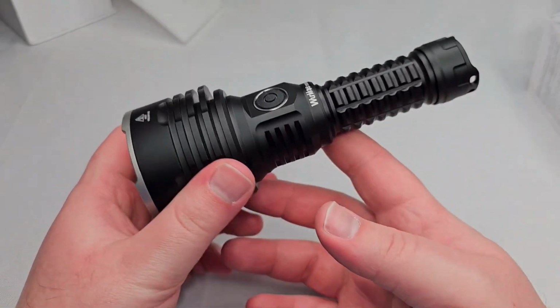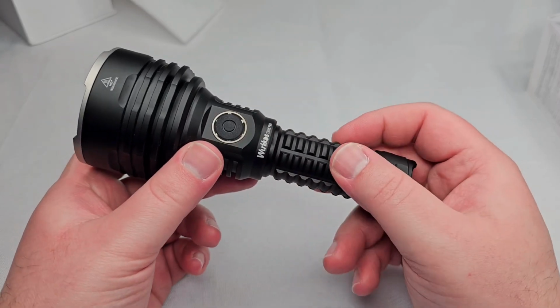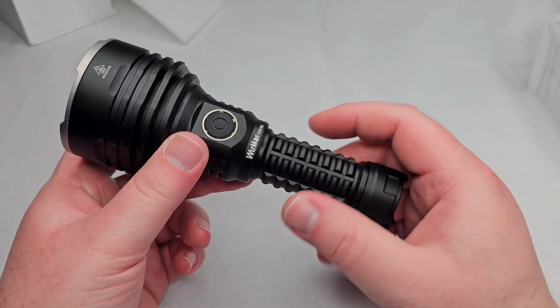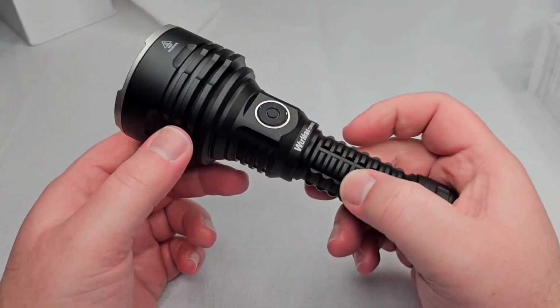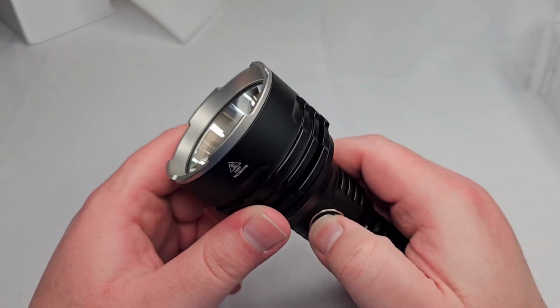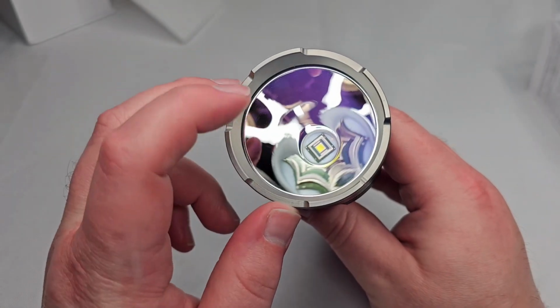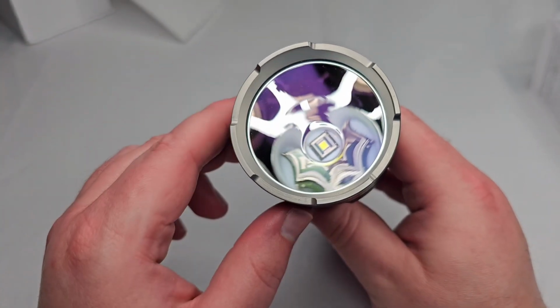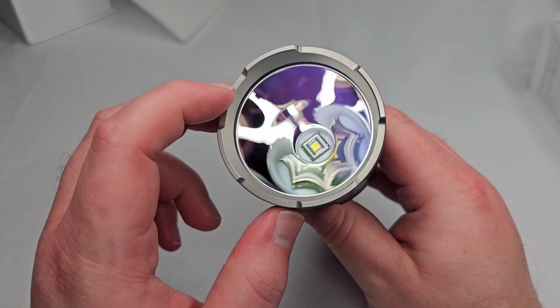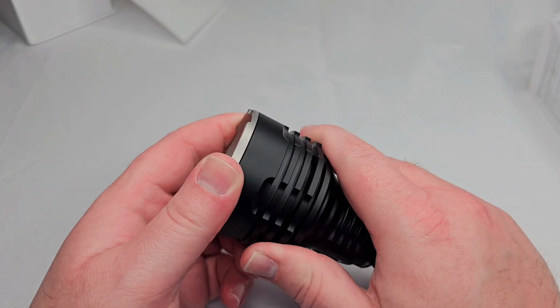So really nice. With the battery, it's a little more evenly weight distributed, but the front is definitely heavier. It's not terrible, but you'll notice it. There's that big reflector, smooth reflector, SBT 90.2. You can see the AR coating on the lens. You get that bezel,